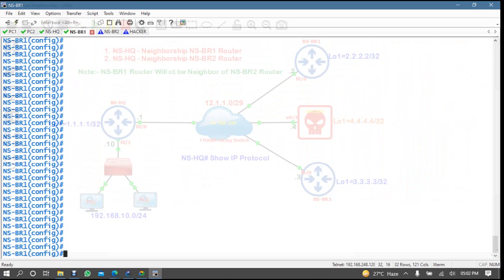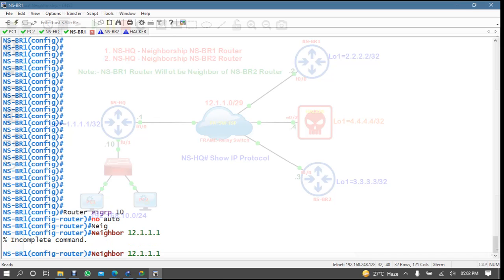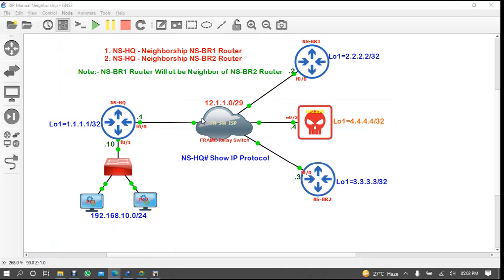The branch router had a direct neighborship, so you have to come here and type router EIGRP 10, no auto-summary. Then first define the neighbor. The neighbor is 12.1.1.1, connected with FastEthernet 0/0. You have to say which interface is connected with your neighbor.